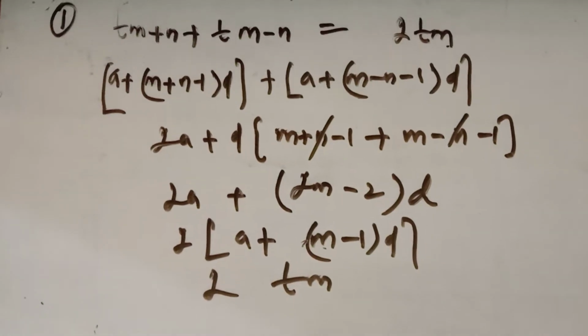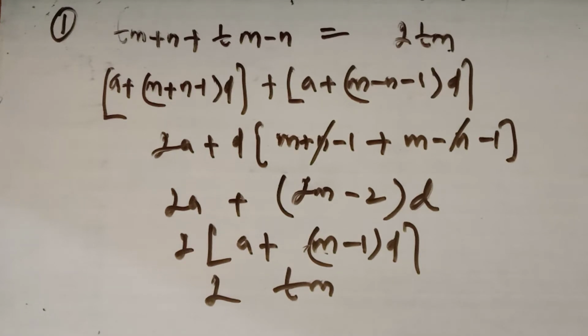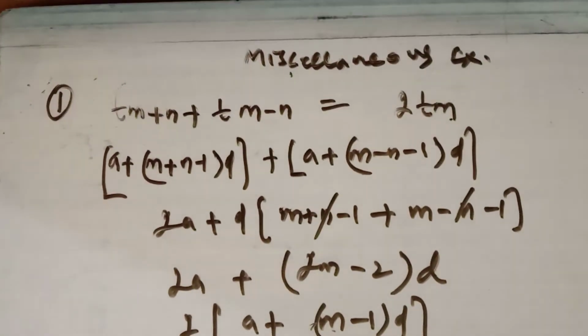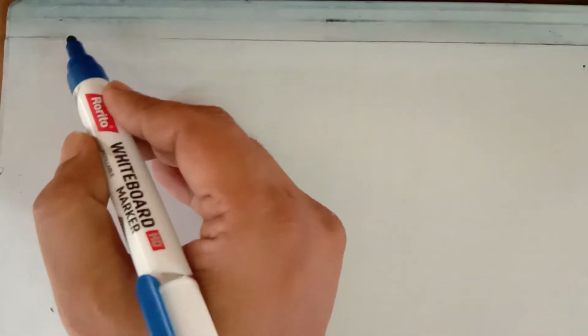So this you have to prove, that the sum of the m plus nth term and the m minus nth term is equal to twice its mth term. So this is a somewhat easy question. Now in question number 2,